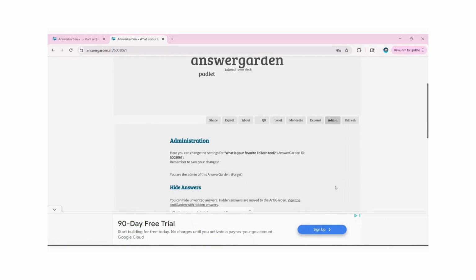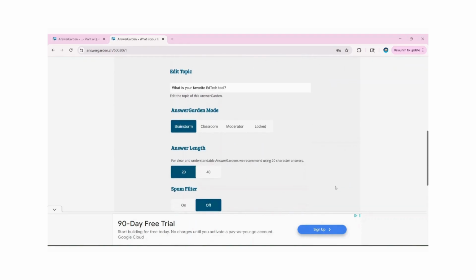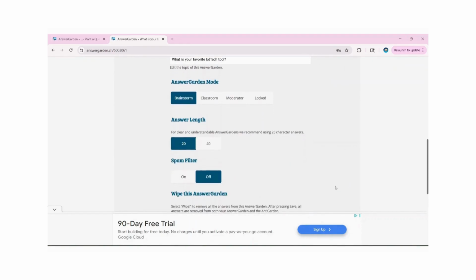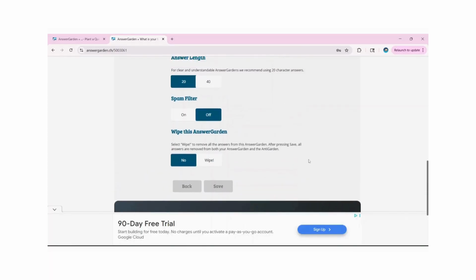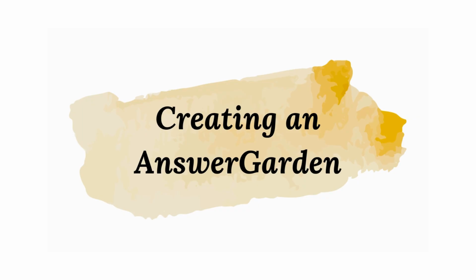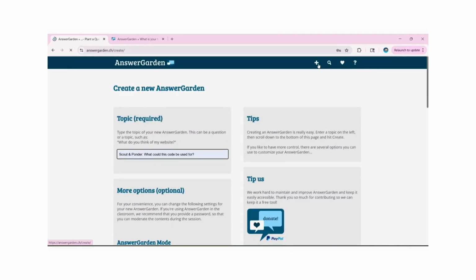From the admin side, you can also edit choices made during setup, share a question and/or results to social media, or display the QR code to access the answer garden. Creating one takes less than 30 seconds. Just click the plus sign, type your question,